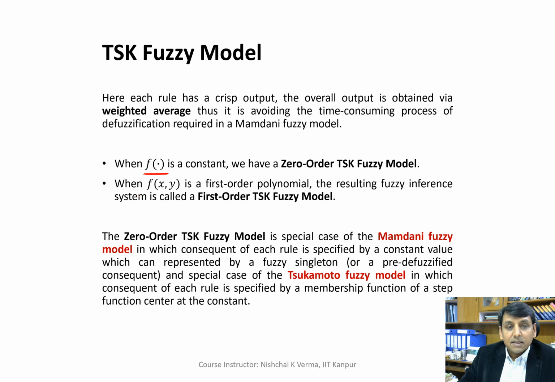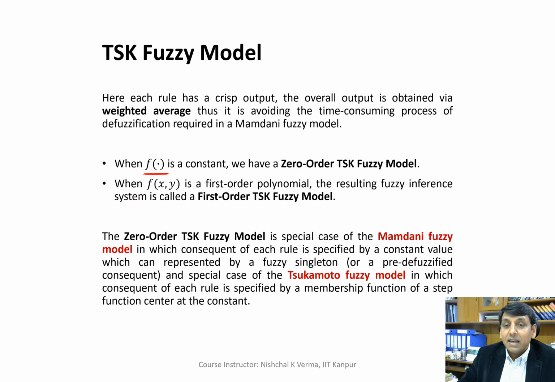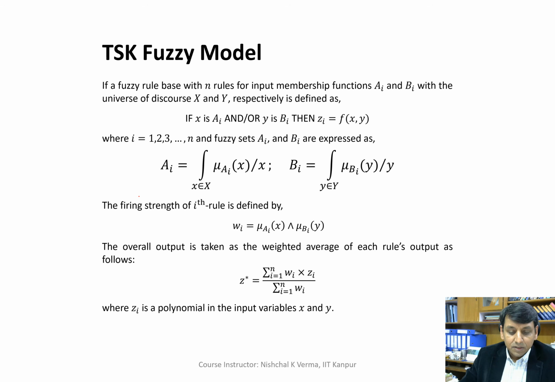And here in the zero order TSK fuzzy model, we see that f of x, y is a constant value, that is p0 here. Since we have, let's say, a set of rules in the TSK model, and the ith rule is here, the ith rule will have the form: if x is ai,